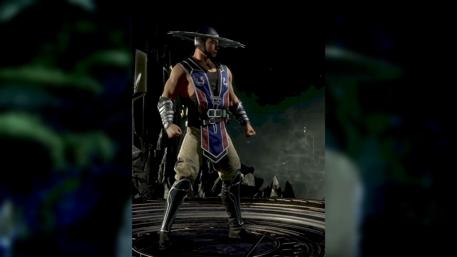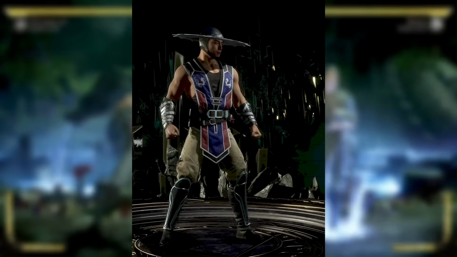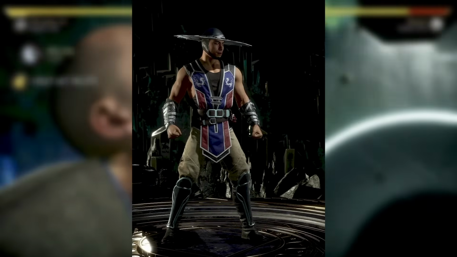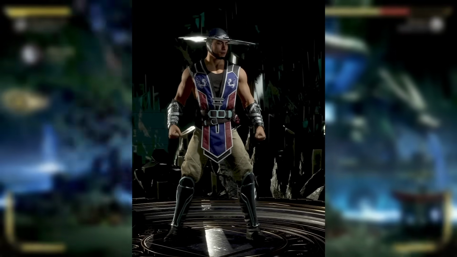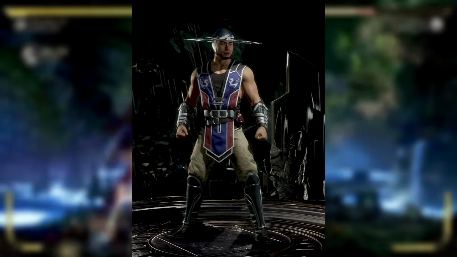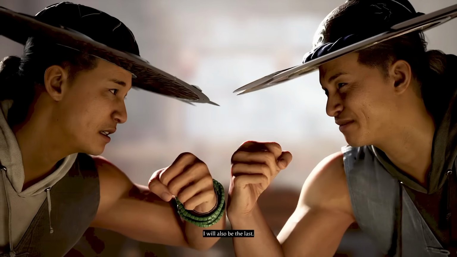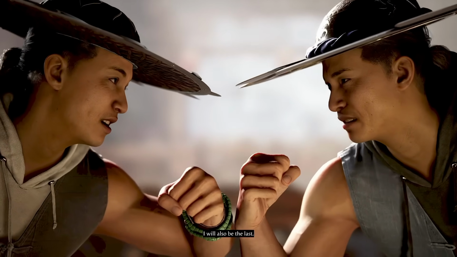This time around, the vest is just more two-toned with a blue and a red, and it retains something nice about Kung Lao having the embroidered dragons on the vest. Outside of that, it's virtually the same as Pride of the Wuxi, and I think that's enough to place it above the other one. And at number 7, we're closing out Mortal Kombat 1 by looking at the Hero's Journey